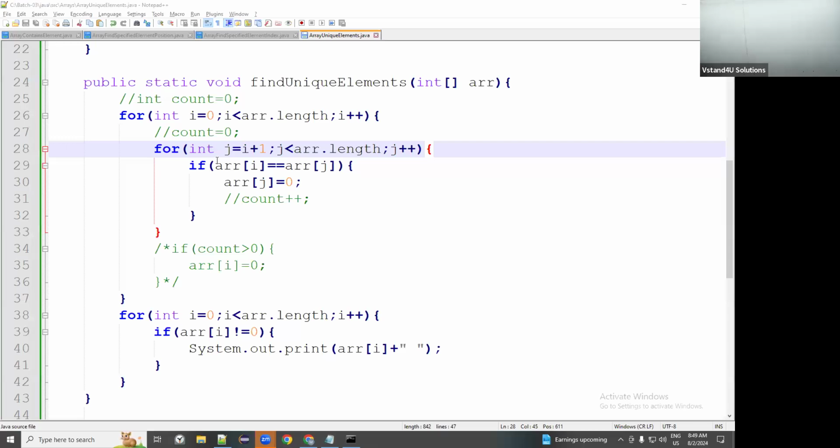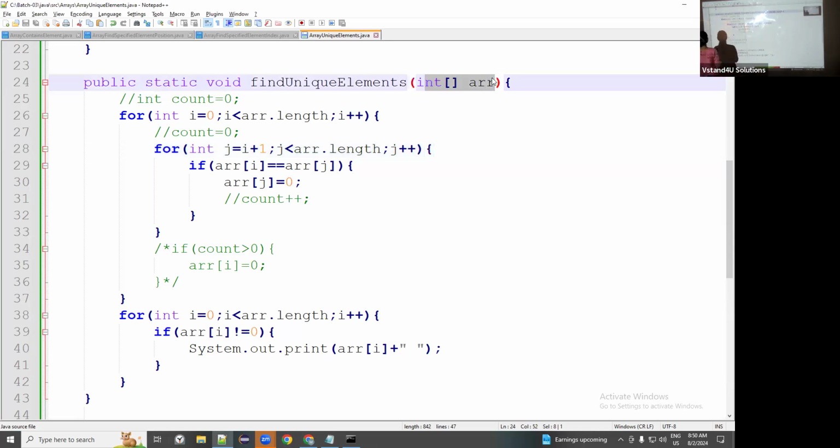Come Akka, now you explain to me. Will you try? So we'll do one thing. May I have your attention, please? Focus. No, not this way. Tell me. Start. You have to start explaining. So first you have done what? You have got an integer array as an input. Am I right? Then